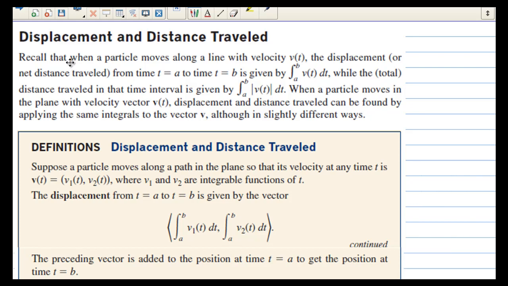This is section 10.2, day 2. Today we're going to talk about displacement and distance traveled. We really already talked about displacement earlier in the year, but this is going to talk about displacement in reference